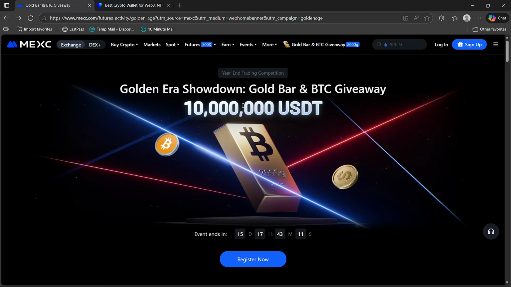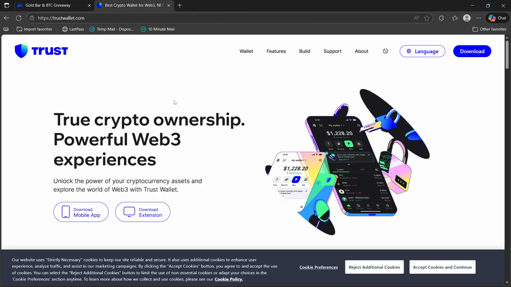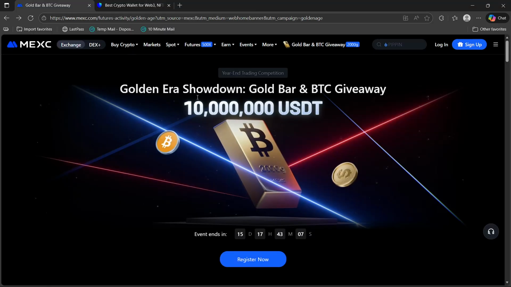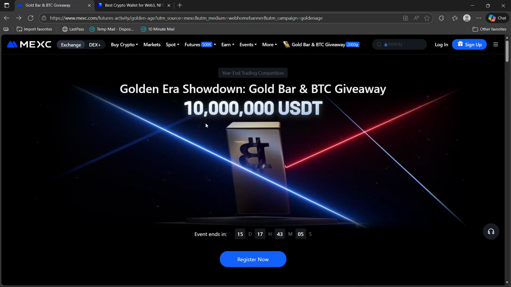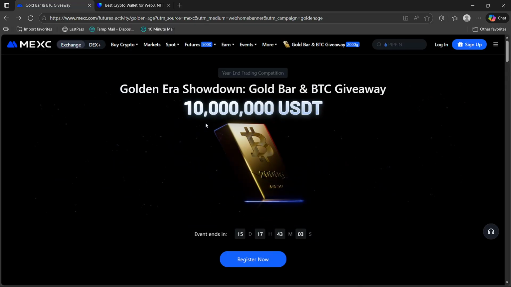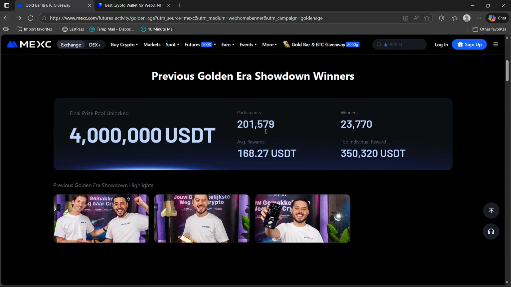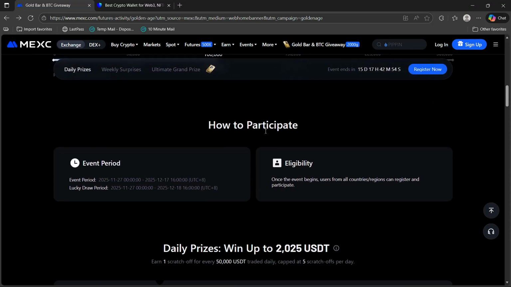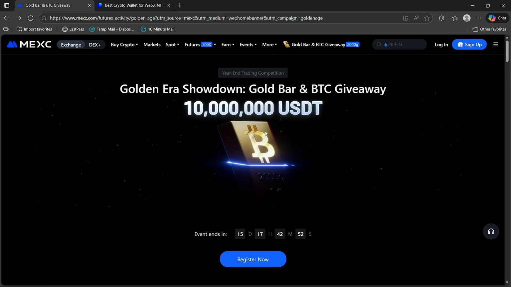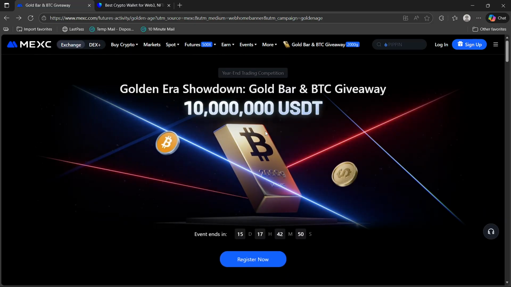and then you will just have to paste what you've copied from Trust Wallet earlier, which is the Trust Wallet address, and then you will select the network, which is either ERC20, BSC, or TRC20, matching your Trust Wallet. And then you will just have to enter the amount of USDT to transfer, and then you will confirm the withdrawal fees and double check wallet address and network, and of course you will complete the 2FA verification and click